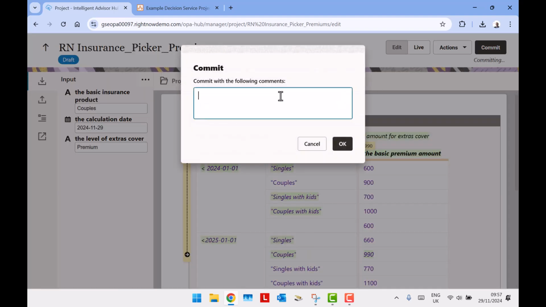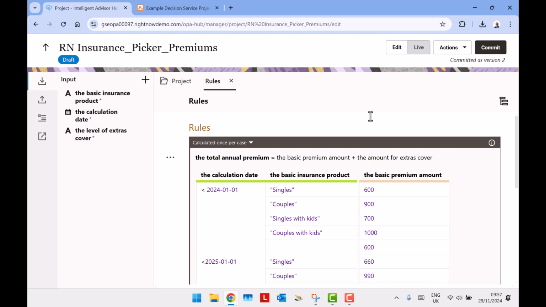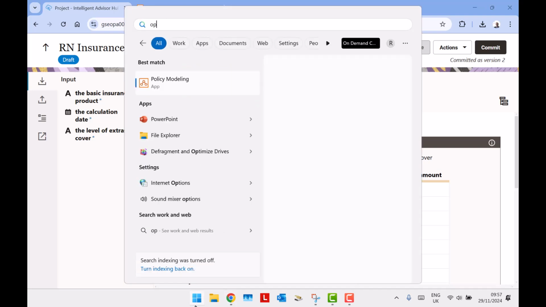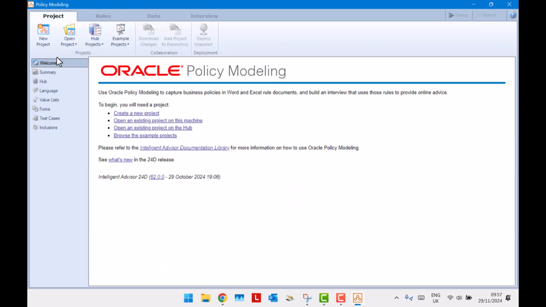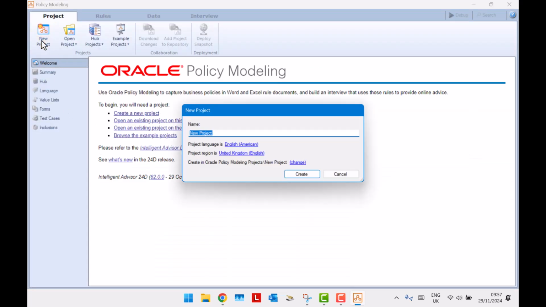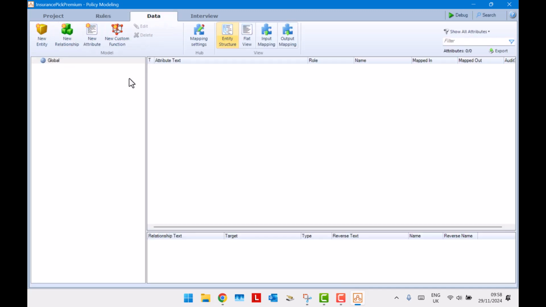So let's go ahead and commit this. We're committing it because if you want to use it in an Oracle Policy Modeling project, you need to have committed it at least once. Or, of course, you could deploy it, but committing it is the absolute minimum. And we will create an Insurance Picker Premium demonstration project. And we will create a new entity called the